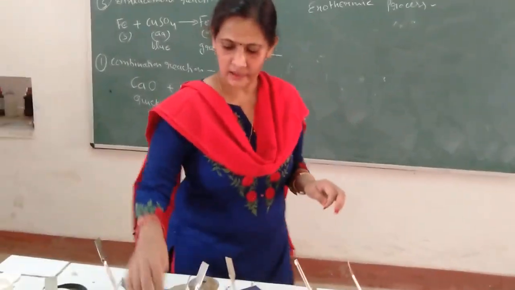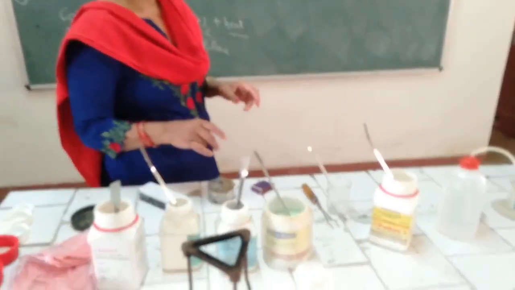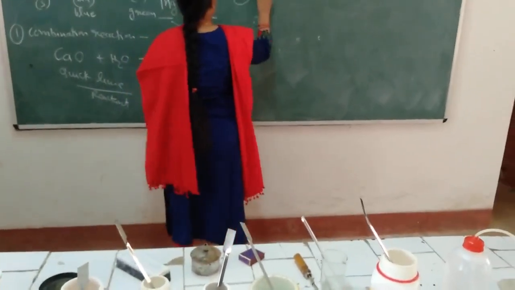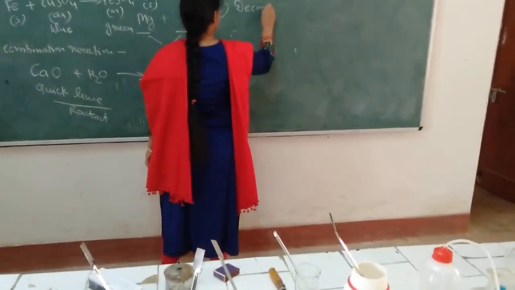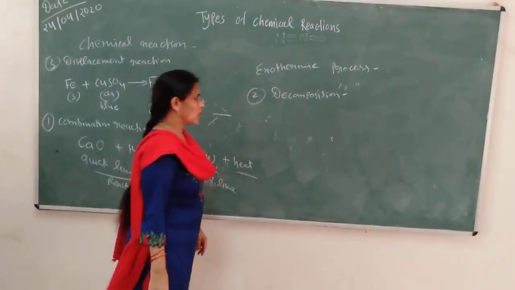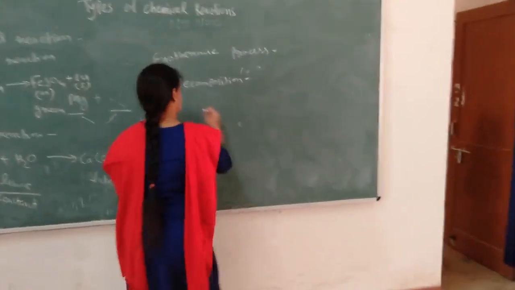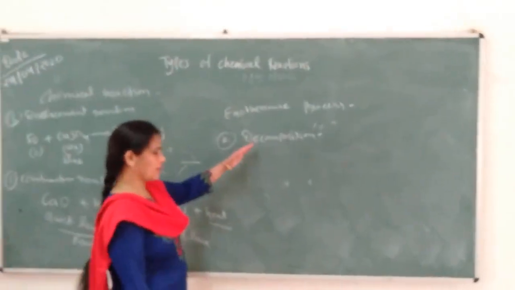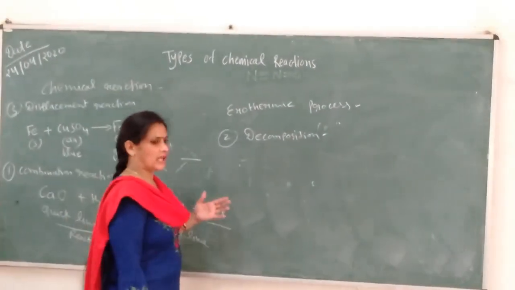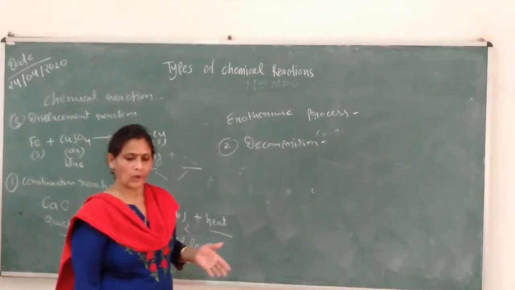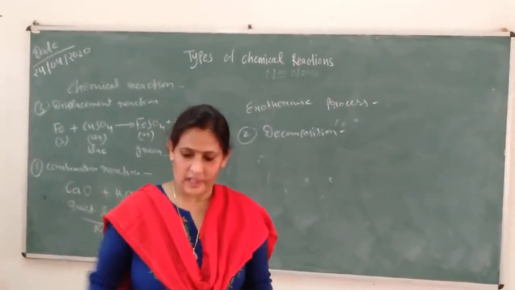Then the next experiment I am going to perform is for which reaction? The second type of reaction, that is decomposition reaction. I have already told you the meaning of decomposition. Decomposition means breakdown, and in such a reaction, a single reactant breaks down into two or more products. For this reaction,